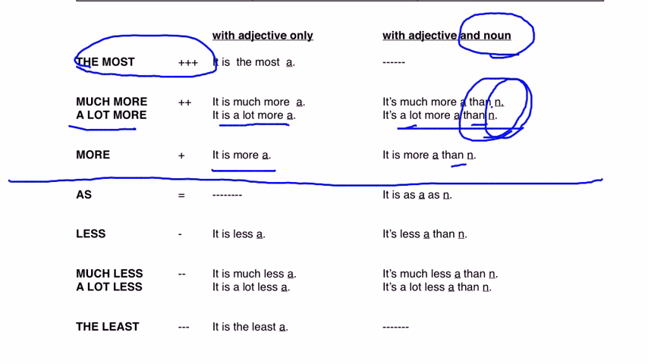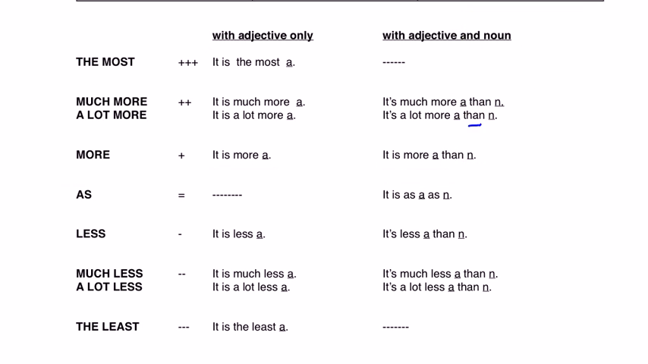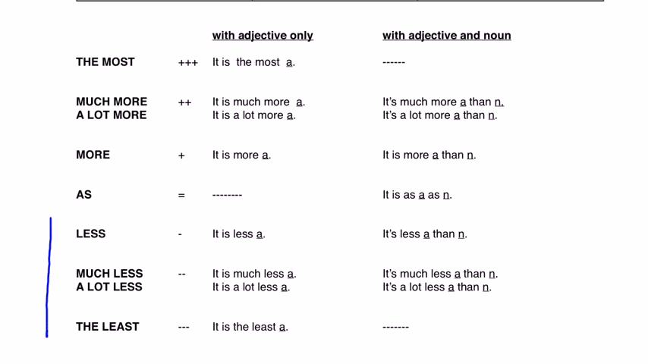She is taller. She is taller than her. So with the addition of the noun, you have the use of than. If there's no noun, it's simple as you see here. Sometimes you'll find this used,